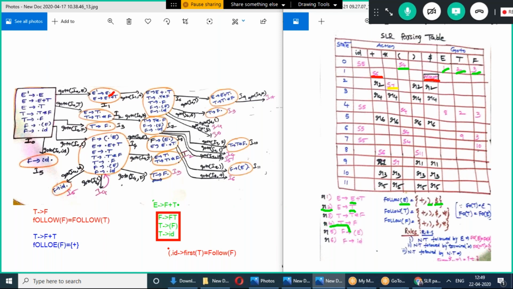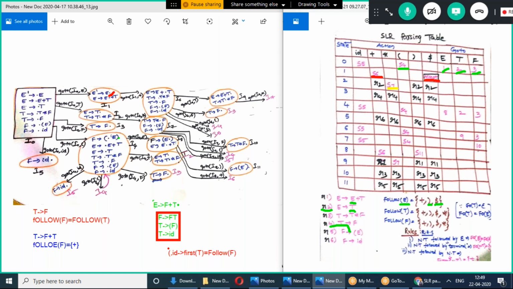And we have to find the follow of this T, that is plus, star, closed parenthesis, dollar. At these 4 positions we need to keep R4. Now come to I4.